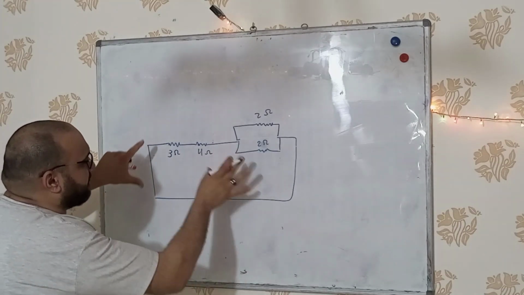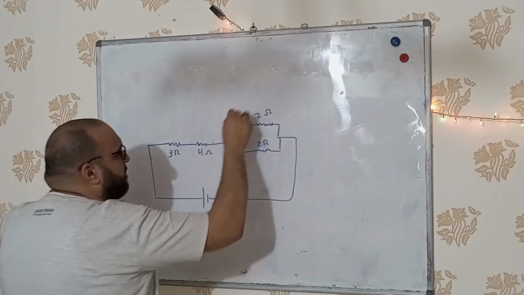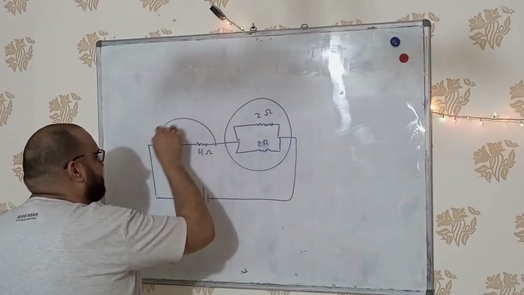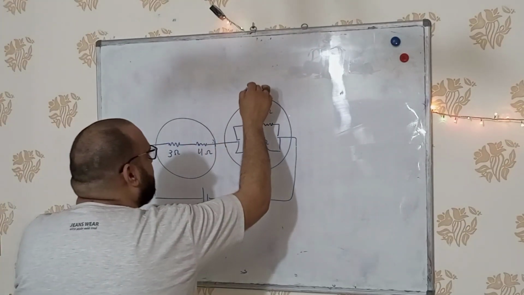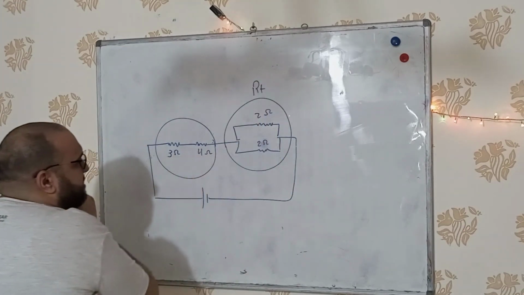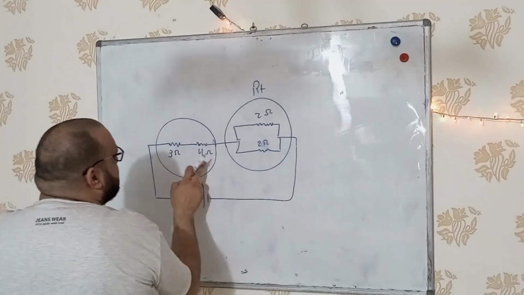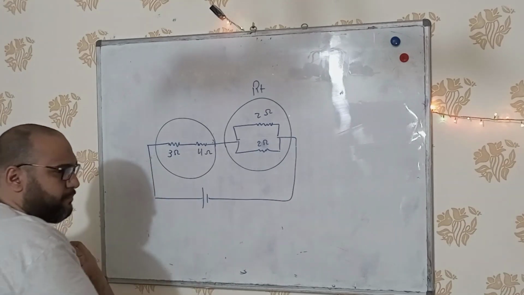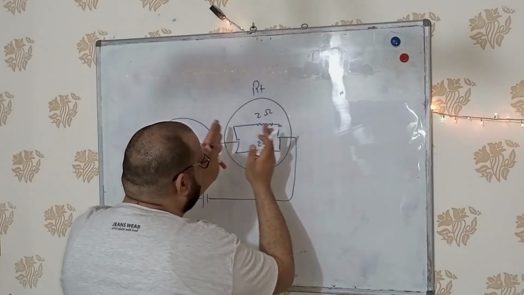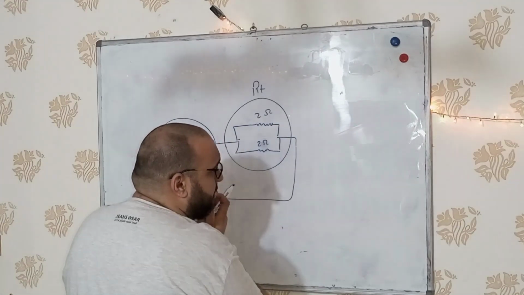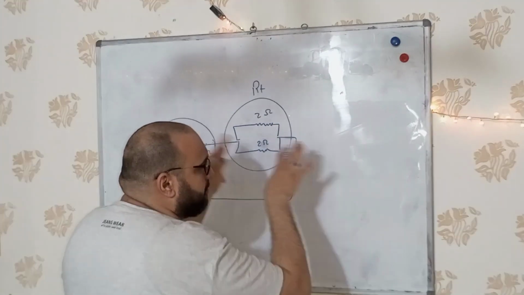We have two types of connection here. These resistors are connected in parallel, and these resistors are connected in series. And the RT here, the total resistance, is connected in series with this one also. This part is connected in parallel. Let's modify this